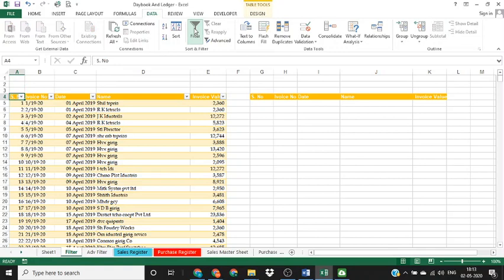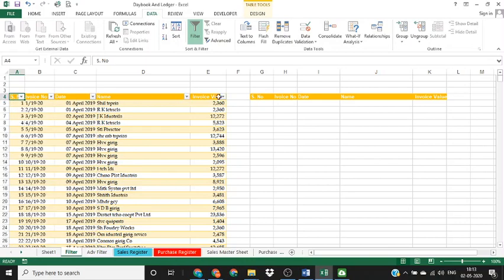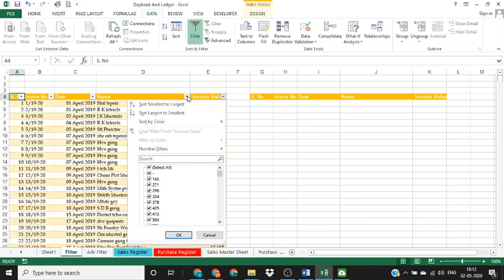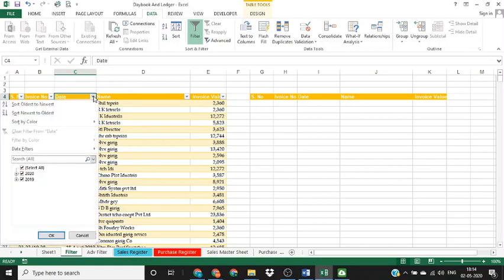Now once the filter is applied, you'll see this small arrow at the right end of the header, and as you click on this arrow you'll get various filter options that are available for a particular set of data. While taking this data, we made sure that we cover 3 types of data, that is date data, text data and number data, because there are various filter options available for these 3 different types of data. So we'll first see what options are available for date type of data.